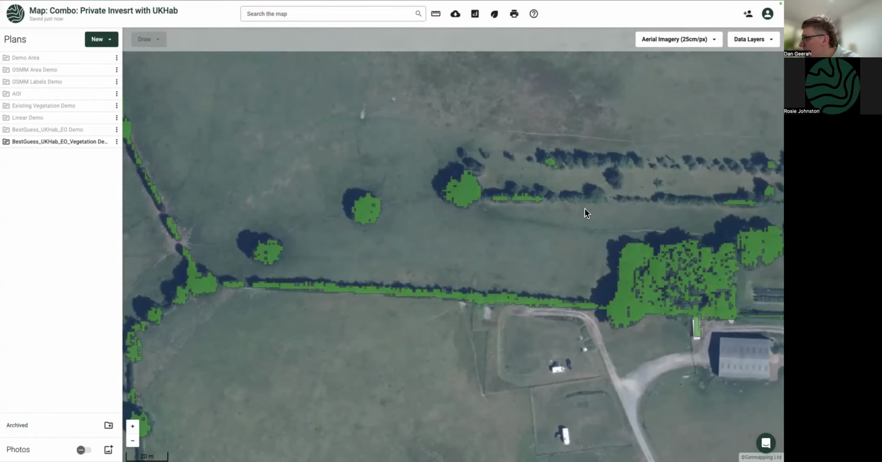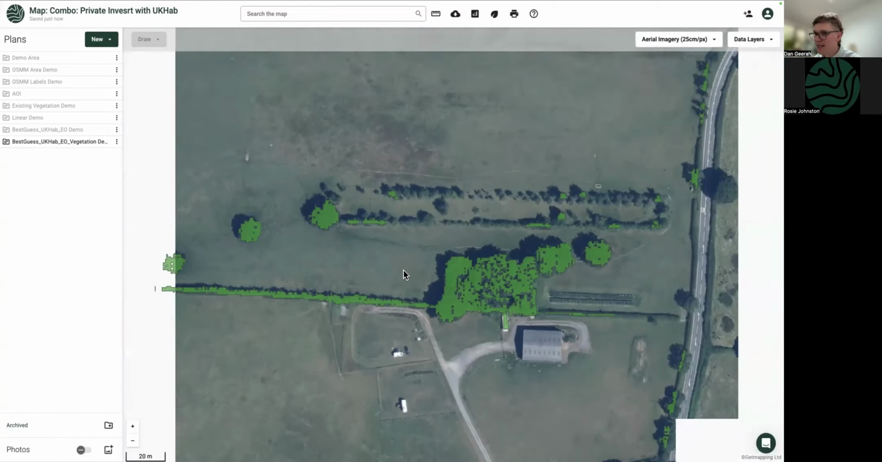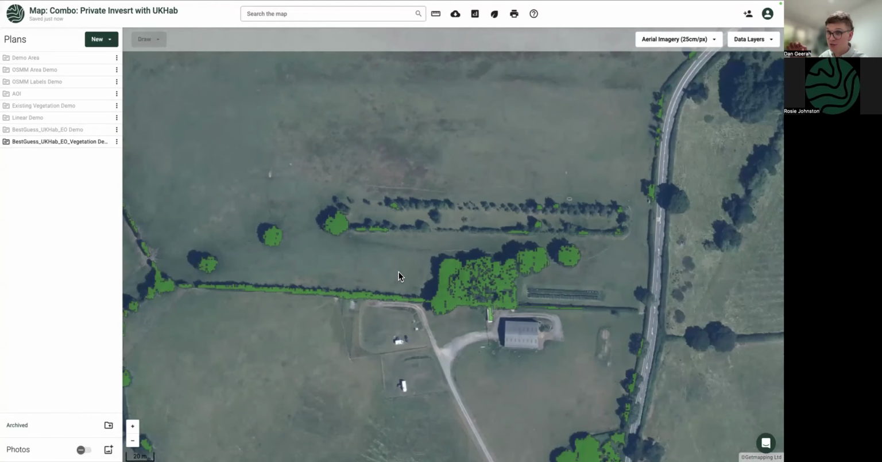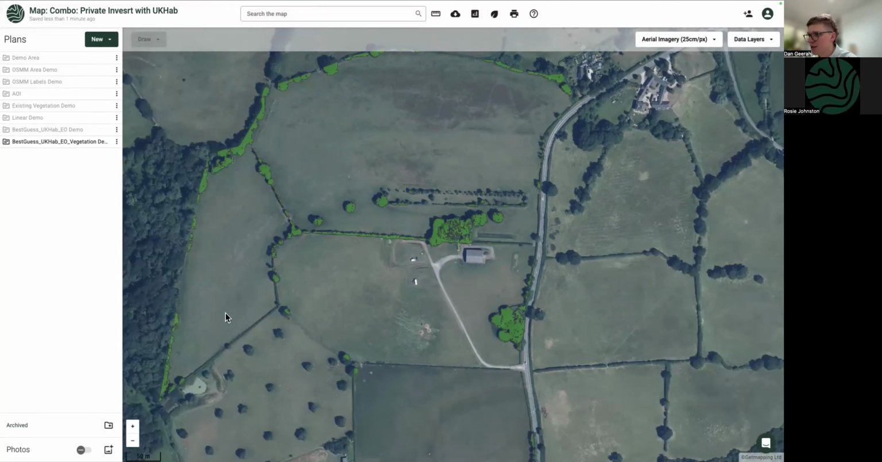So they align with most of them. And the way that this works is it detects trees that are over 2.5 meters. But the data set we use for this is from 2022, I believe. So there is a world where these trees are now over 2.5 meters. We're just looking to improve that model, but it gives you a pretty good understanding of your current tree cover